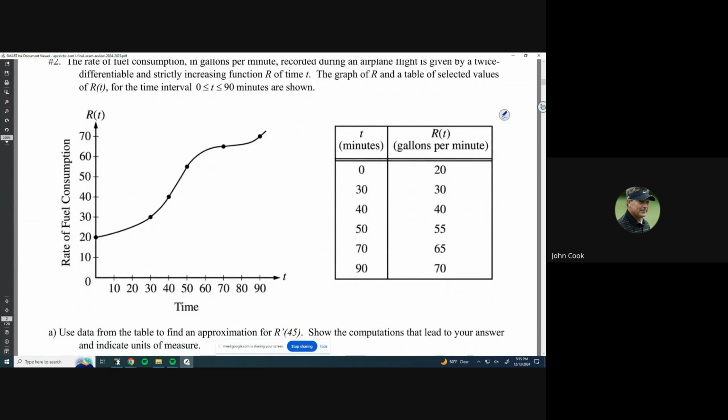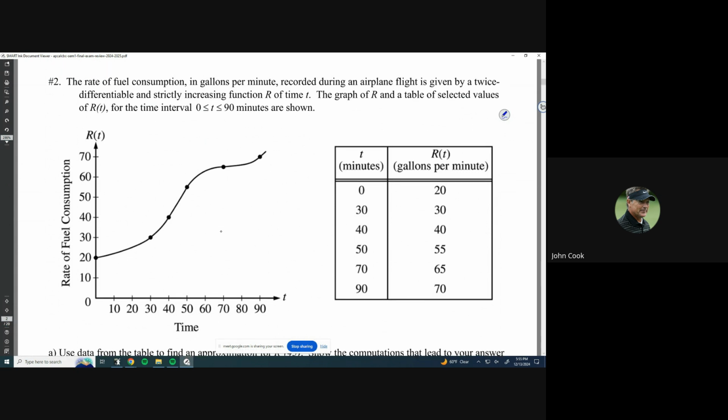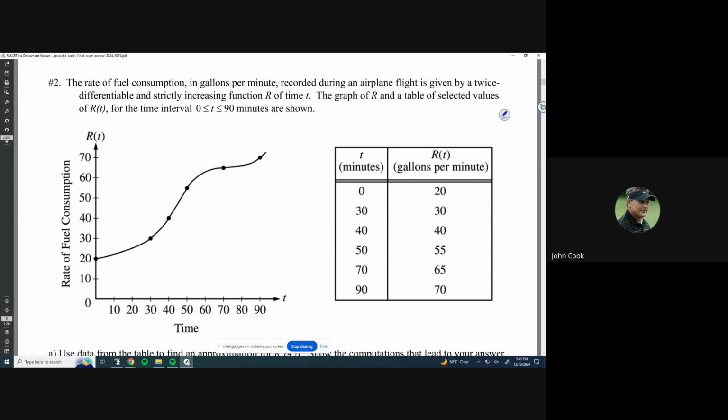Okay, number 2. It looks like we got a table. Usually, and this is true for the AP test as well, they usually have graphs or they have tables. So just be aware of that, but don't be intimidated. Tables are pretty easy to work with because it's usually just values that you